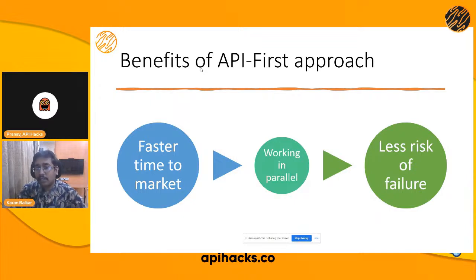The second advantage is about parallelism. In the case of a code first approach, or the traditional approach that we are using right now, there's a lot of back and forth between the teams, and that is basically a cause of concern. Whereas in the case of an API first approach, both the teams come together and work in parallel. So while the backend team develops the API, the front end team can consume it, and how they can do it, I'll also be explaining. So this kind of parallelism can be achieved in the case of an API first approach.